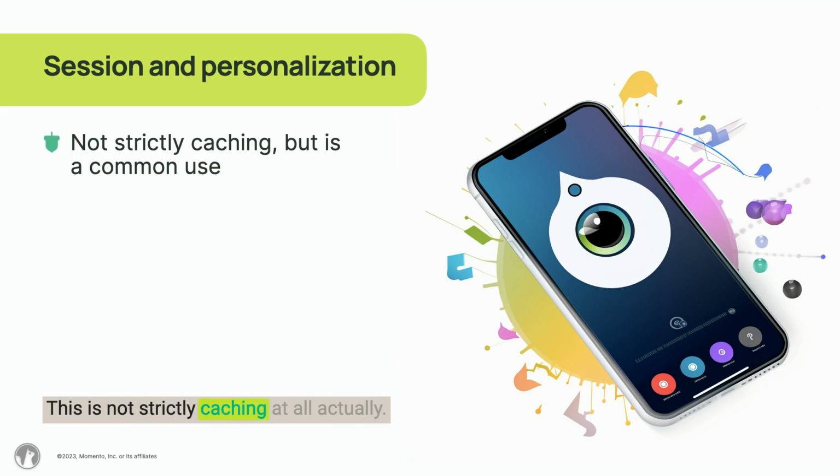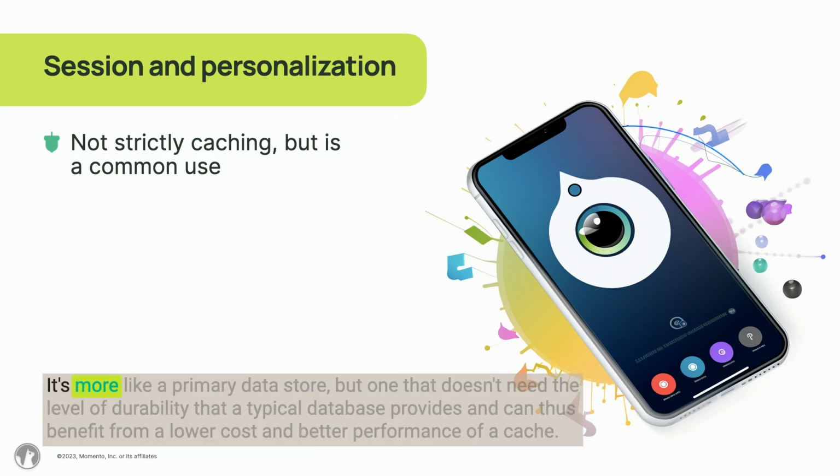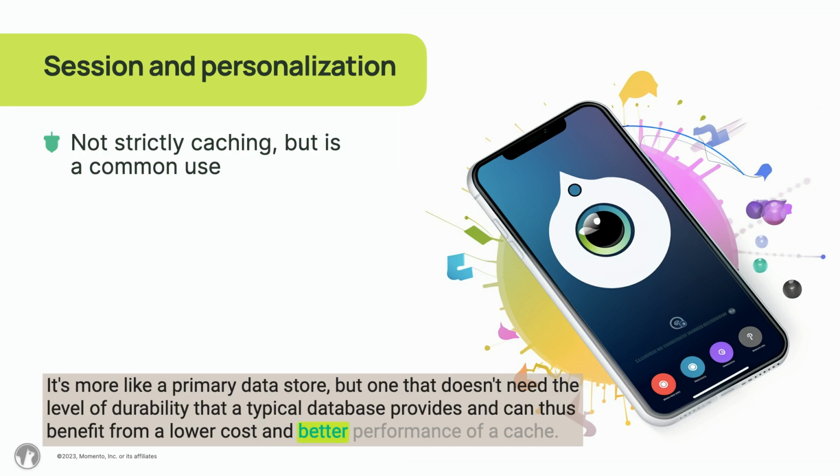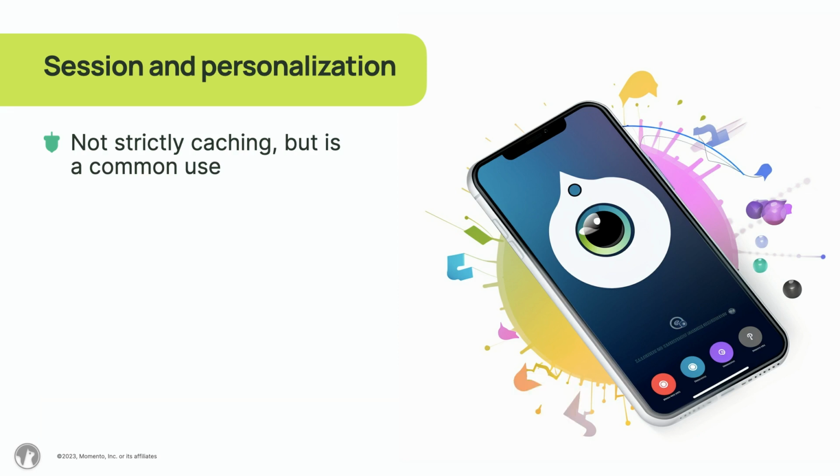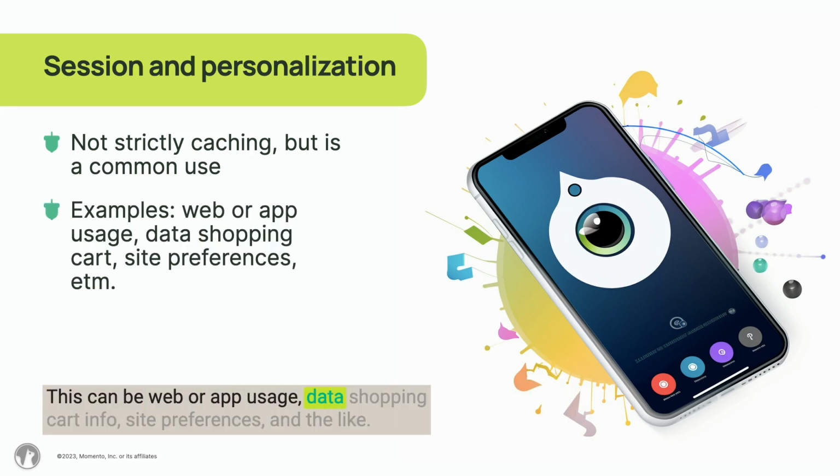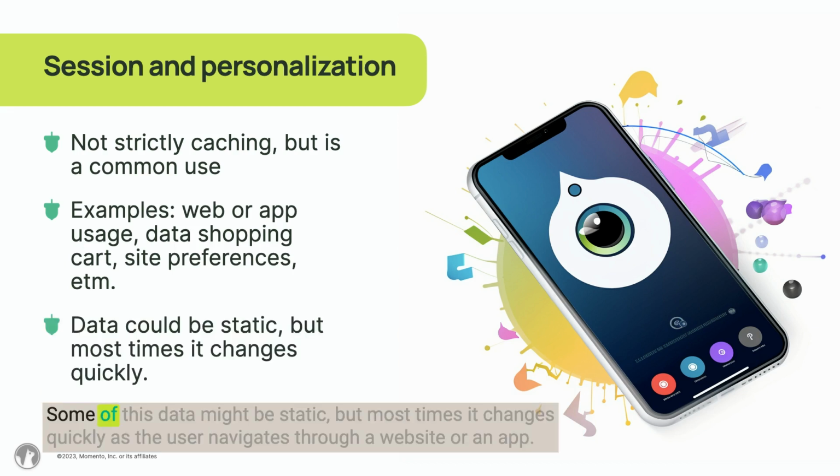This is not strictly caching at all, actually. It's more like a primary data store, but one that doesn't need the level of durability that a typical database provides, and can thus benefit from a lower cost and better performance of a cache. This can be web or app usage data, shopping cart info, site preferences, and the like. Some of this data might be static, but most times it changes quickly as the user navigates through a website